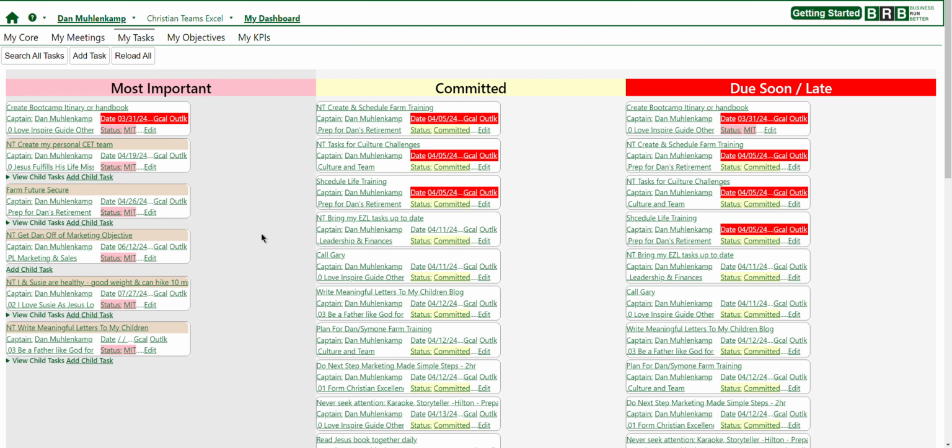Not that it doesn't here, but an objective will have certain key results that have to happen, and those key results will have tasks to make those key results happen, which is the general way an OKR system works. Now, you can name an individual task as a most important thing, which I actually do quite